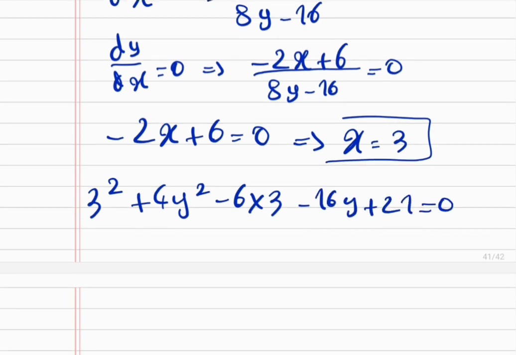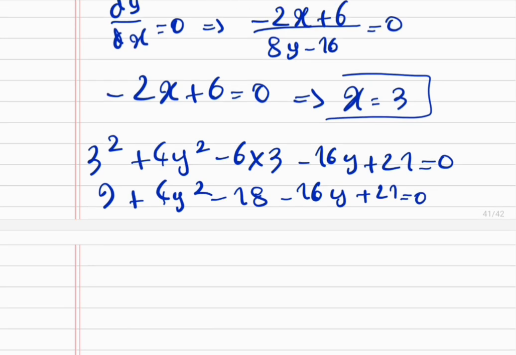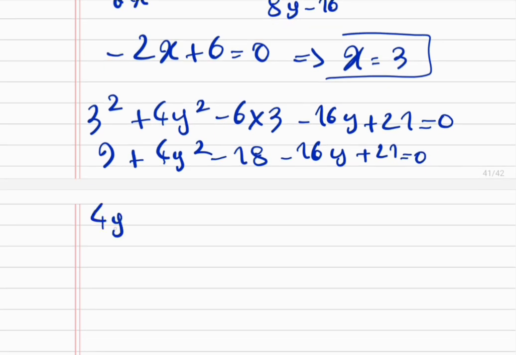Now it's all about solving this equation. So 9 plus 4y squared minus 18 minus 16y plus 21 is equal to 0. So we have 4y squared minus 16y, and now simplifying the numbers, 9 minus 18 is minus 9, and minus 9 plus 21 is 12